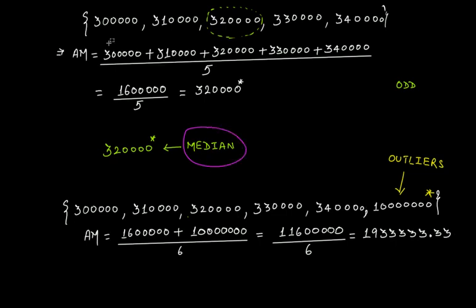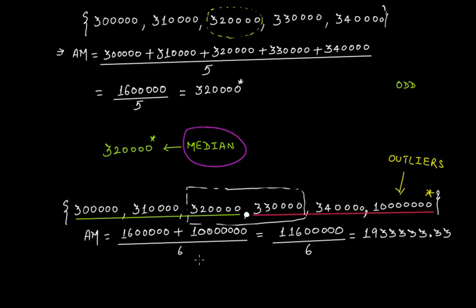Now if you try to solve for median, 1 2 3 4 5 6, there's no need to arrange them in ascending or descending order because they are already in ascending order. So 3 values here and the next 3 values here, your median will come in between